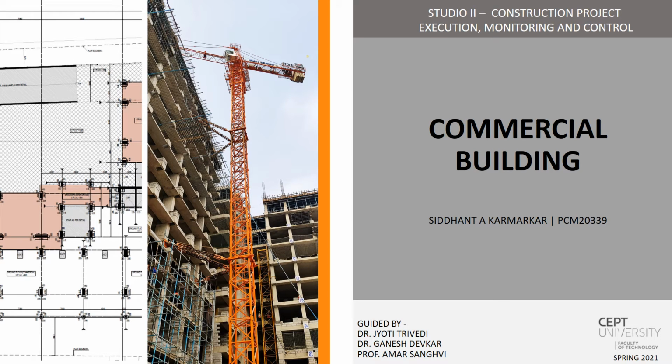I will be giving a video presentation for my Studio 2 construction project execution monitoring and control. The project taken was a commercial building, and as a part of the studio, we observed, analyzed and reflected upon the different activities involved in execution of a project. This portfolio includes pre-construction activities, shuttering calculations for pour planning, earned value analysis, quality control lab, job hazard analysis, green building rating systems, and cost management.